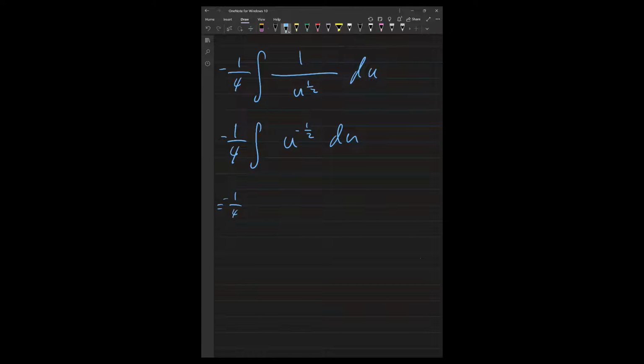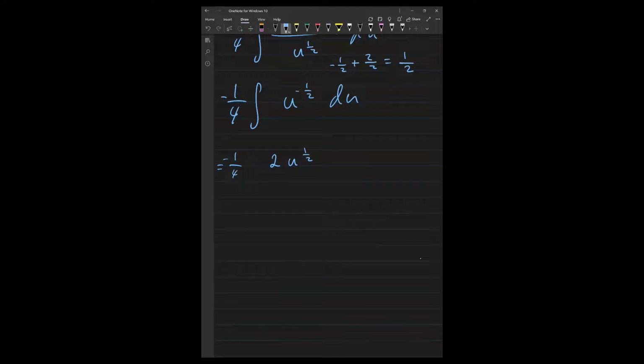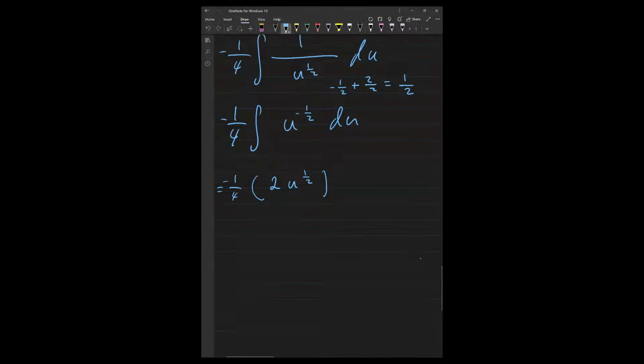Okay, now add, divide. So we're going to add 1, which is basically 1 over 2 plus 2 over 2, which is the same as 1. So negative 1 plus 2 equals 1 over 2. Okay, so we're going to add, divide. So adding and then dividing, which is the same as multiplying by 2. Okay, we got this. And then as we said before, plus c,